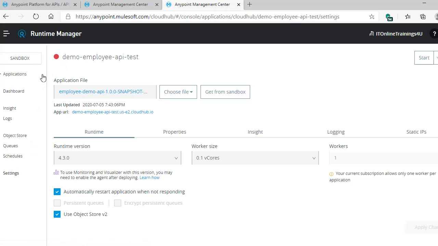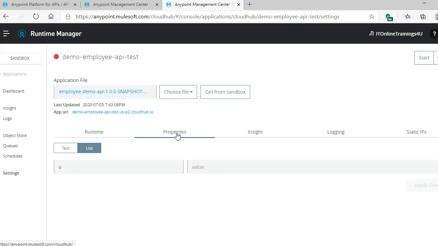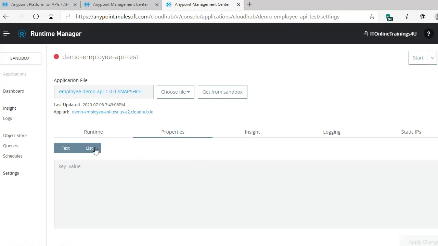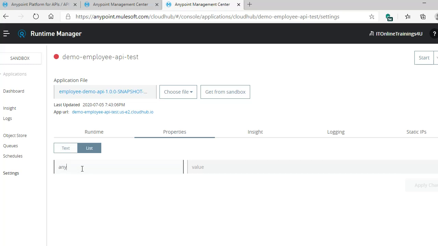In your application go to settings, click on the properties tab, click on text, and provide anypoint.platform.client_id. This is the one value you have to give. And for test, just keep it like this. Another one is anypoint.platform.client_secret.